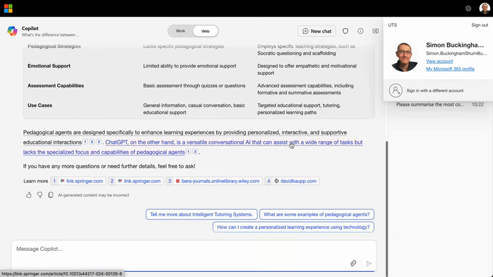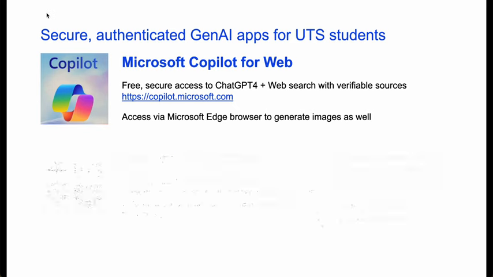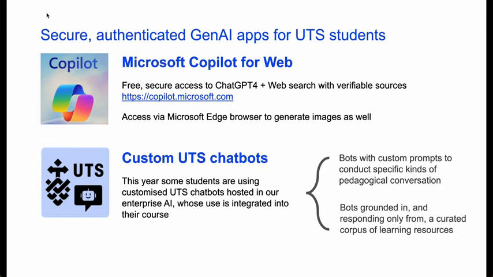Okay, so pretty useful. That's just Copilot out of the box. The next thing we're doing though is just moving into pilot this semester as we move towards the end of 2024, our custom UTS chatbots. And these bots are running in the Microsoft Azure Secure Cloud for UTS. And we can now provide them with a level of tuning for UTS that we cannot do with Copilot or